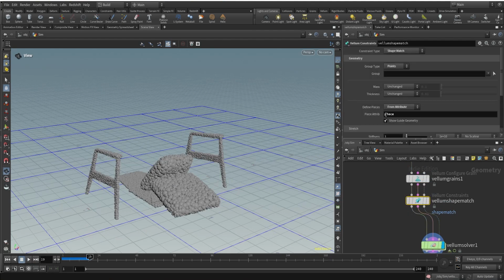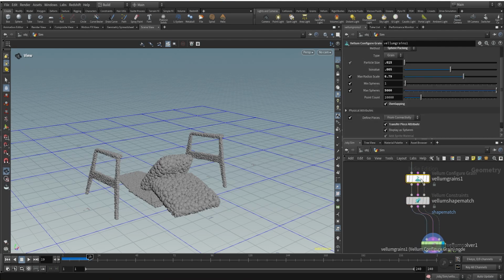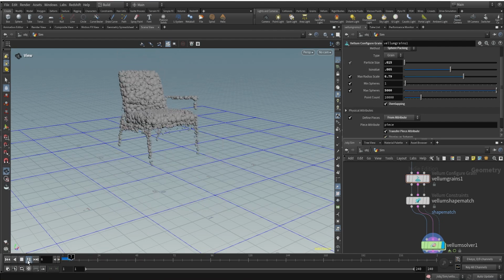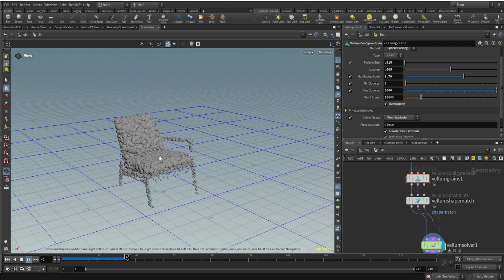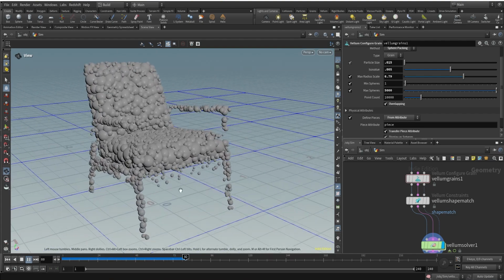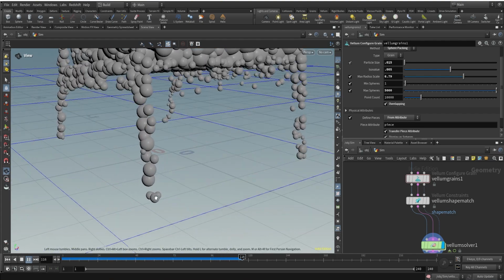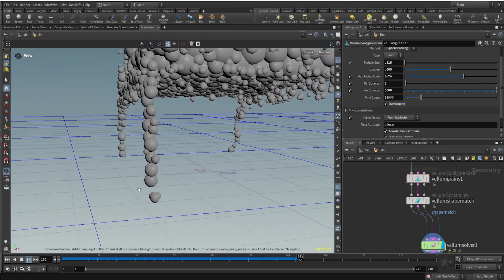But as you can see, we have connectivity here, and in the Vellum shape match we have attribute. So come back to our Vellum grains constraint and change the define pieces to from attribute. So these grains will inherit our piece attribute, and now you can see that as the piece attribute is 0 for all the grains, they are behaving as one object. But the only thing is here